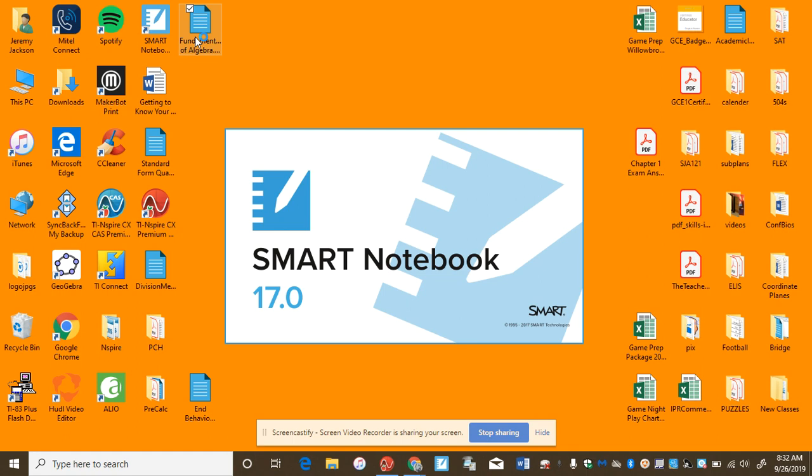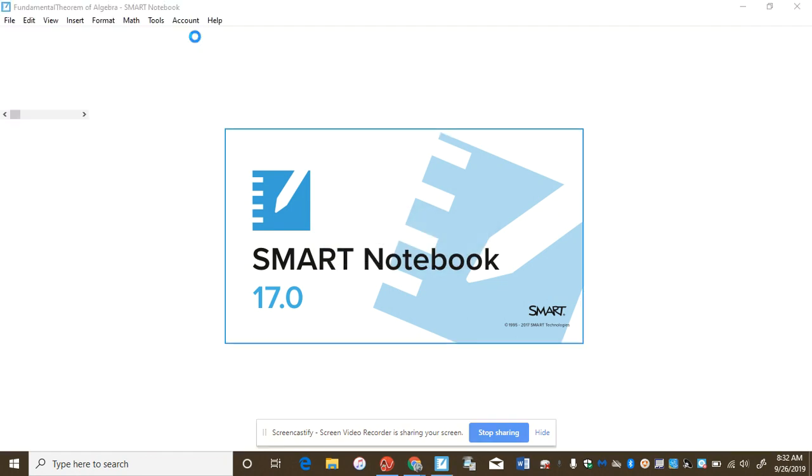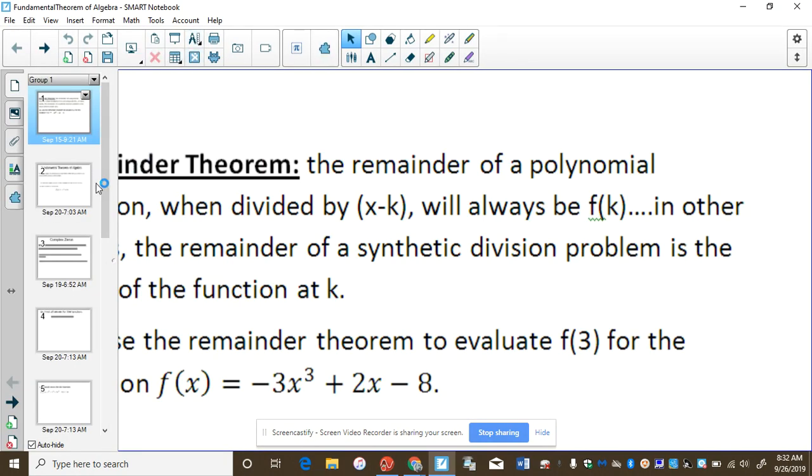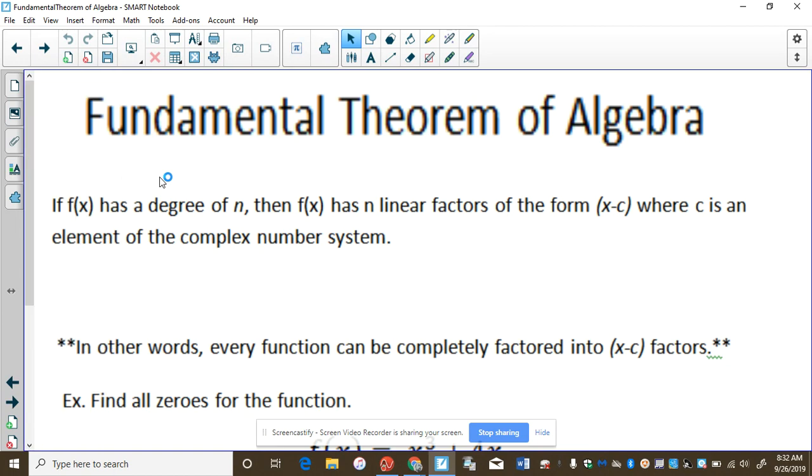Okay, let's talk about the fundamental theorem of algebra. It's not as intimidating as it sounds. We can talk about the origin of it when we get back together. But the fundamental theorem of algebra says that if a function has a degree of n, then that function has